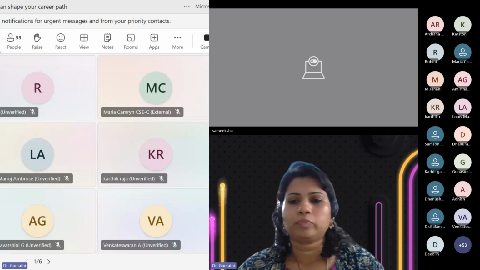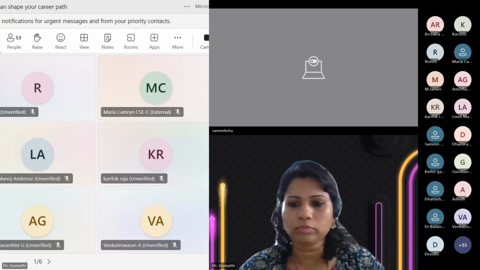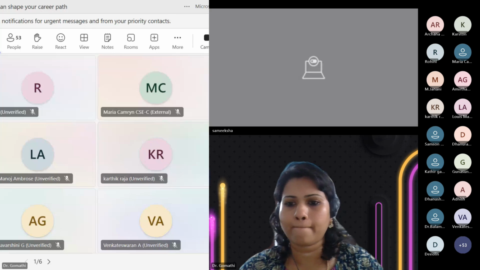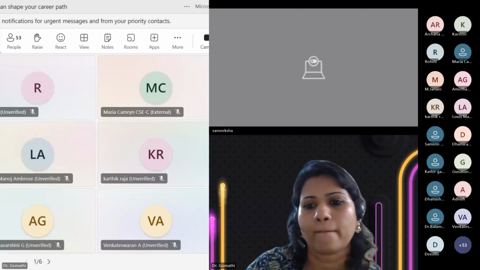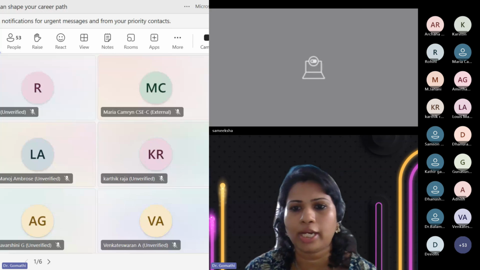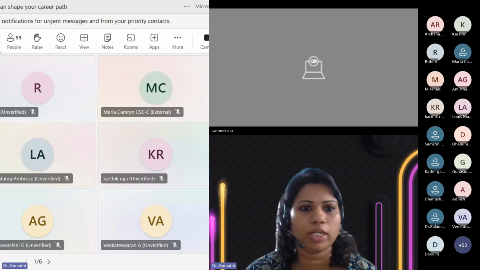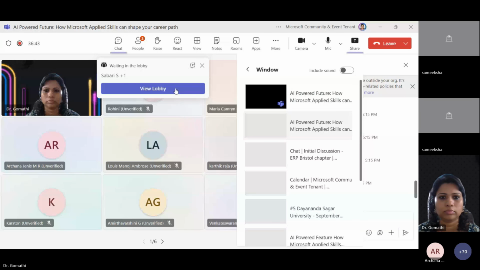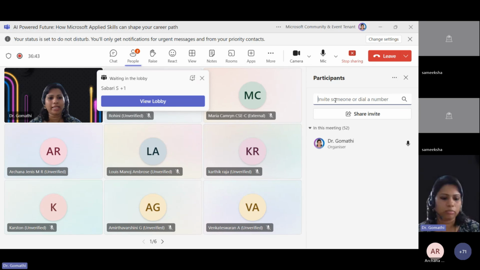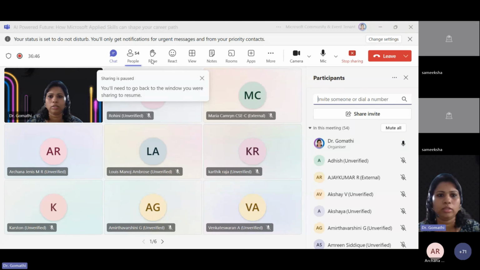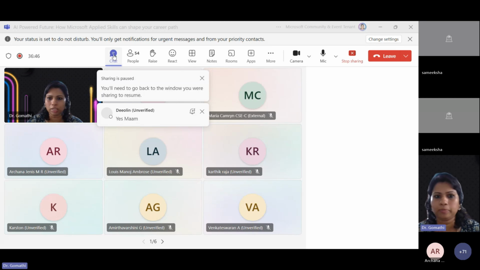Let me know whether you all can see my screen. Okay, 1 minute. Yes, now I'm just sharing the screen here. I hope you all can see my screen, like the PPT. Can anyone please confirm whether you can see the screen?